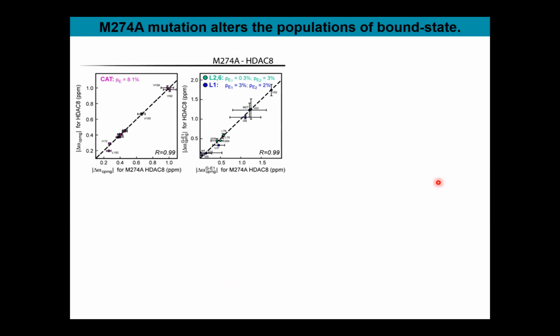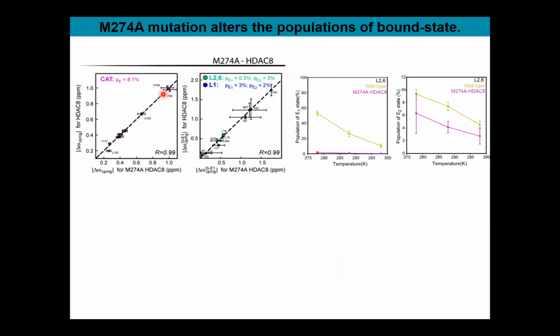Similar thing then I did for the M274M mutation, where also I found a linear correlation between the delta omega for the wild type HDAC and for the mutant HDAC. It means again this mutation is sampling the similar excited state, but here in this case I found only change in the delta, only change in the population of the